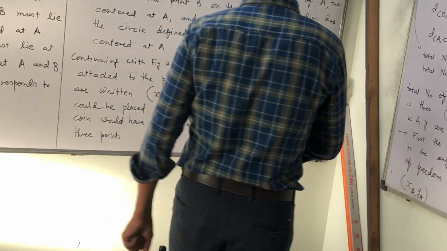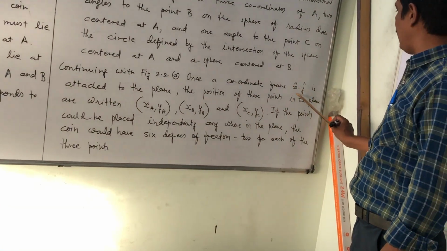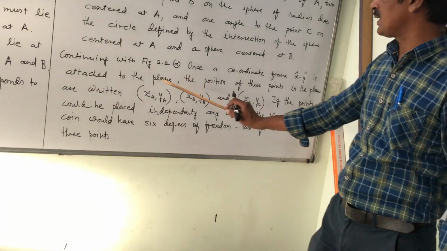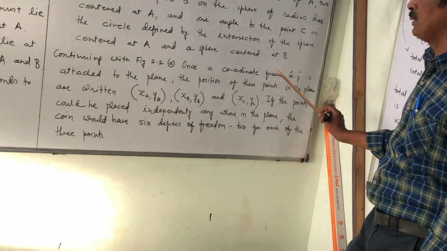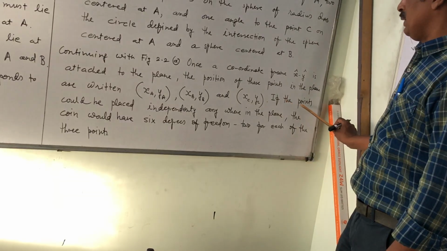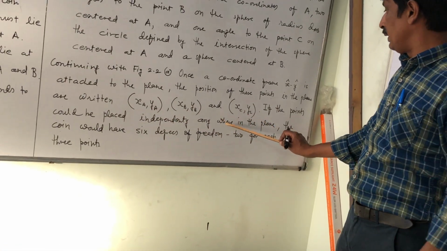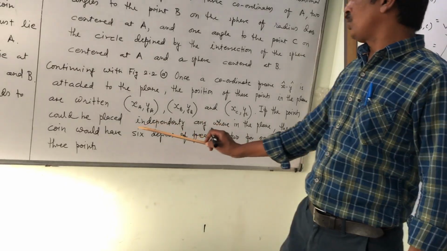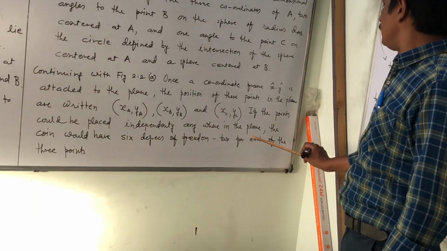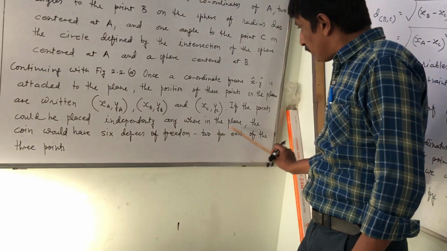Now, continuing with figure 2.2, once a coordinate frame xy is attached to the plane, the positions of these points in the plane are written xa, ya, xb, yb and xc, yc. If the points could be placed independently, anywhere in the plane, the coin would have 6 degrees of freedom, 2 for each of the 3 points. So there are 6 degrees of freedom. But